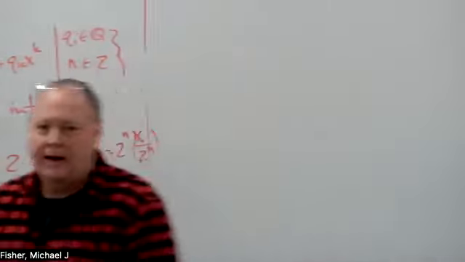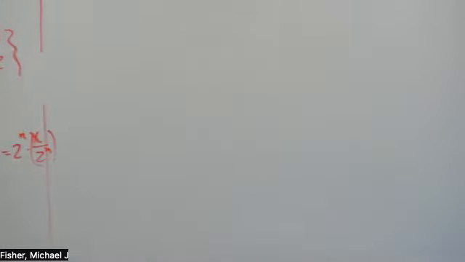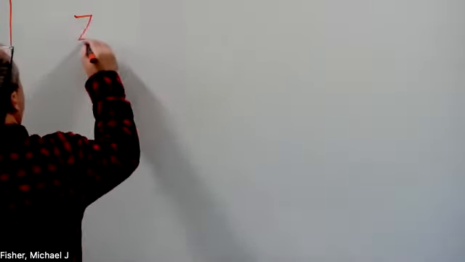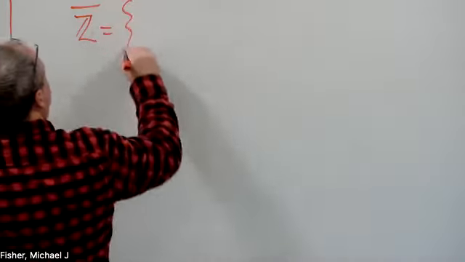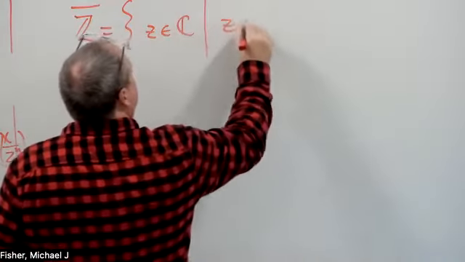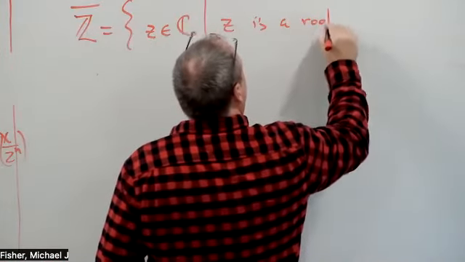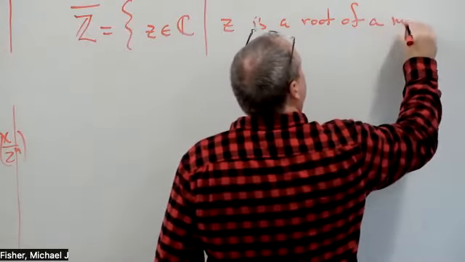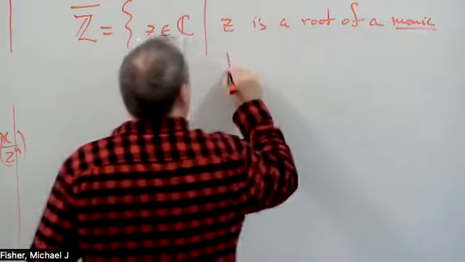I'm going to up the voltage. I'm going to give you an example of a ring that's not atomic, that has no irreducibles whatsoever. So no matter what you pick up off the ground, it factors. Like, for example, in this ring, 2 is irreducible. There aren't going to be any here. This ring, the set of complex numbers such that z is a root of a monic polynomial